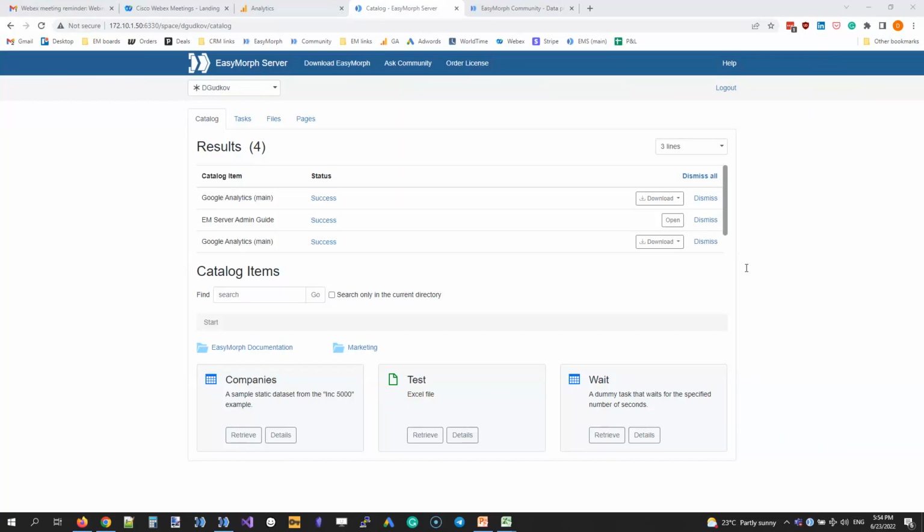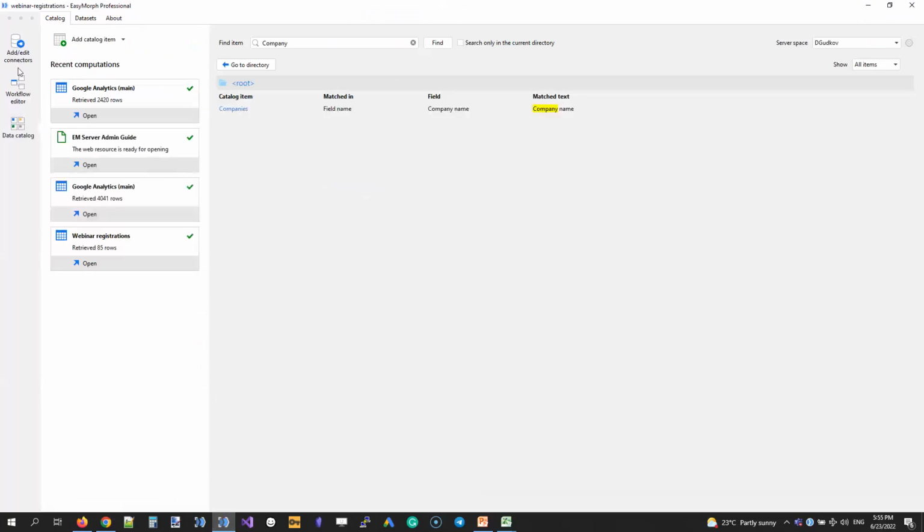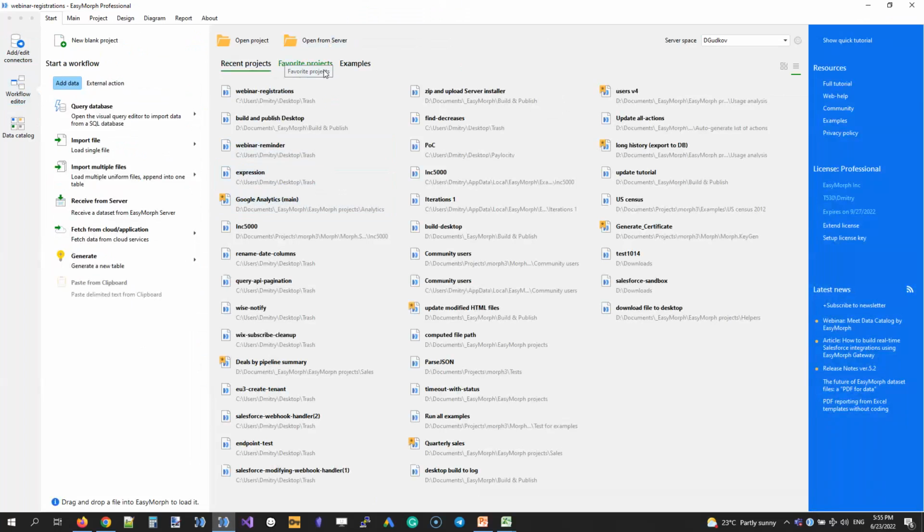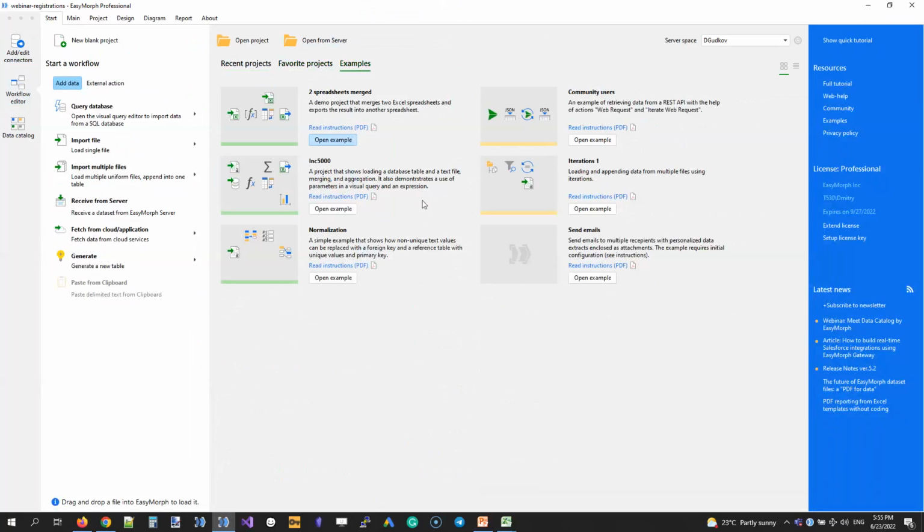Can you show the API connection? How do you set the catalog item for an API source? Yes, we can do that. For instance, if we go back to the workflow editor, I'm going to open one of the examples that comes pre-installed with EasyMorph. It's called Community Users.